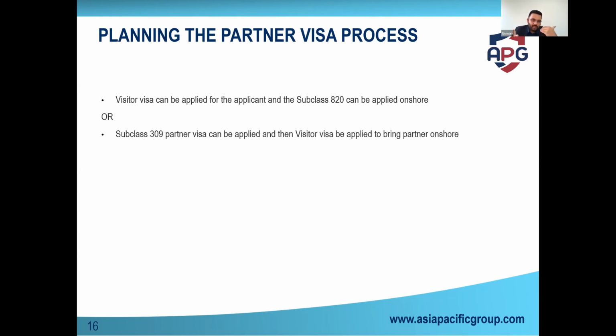So that's another angle. When you think about it in these terms, it puts things in the right perspective. Let's say you're getting married and the partner doesn't want to work right away and they want to just spend time with you, they can just apply for this offshore visa. When you apply for the offshore 309 visa, and after that you apply for the visitor visa, the chances of that visitor visa being granted go really, really high, right?